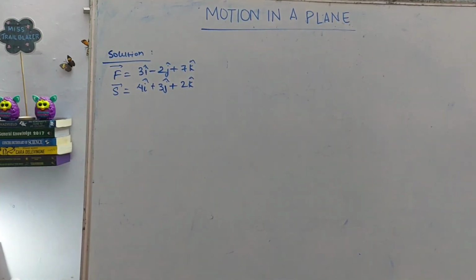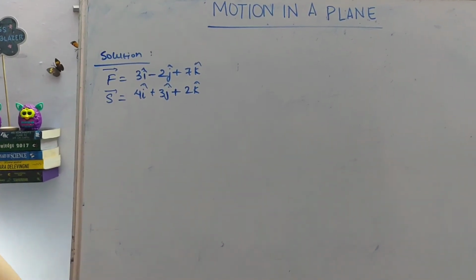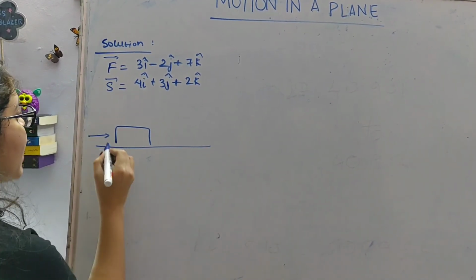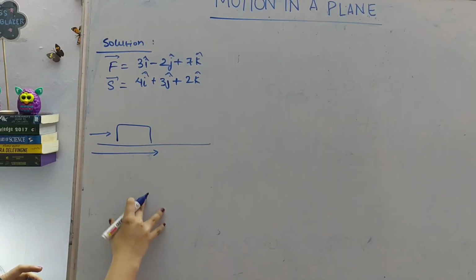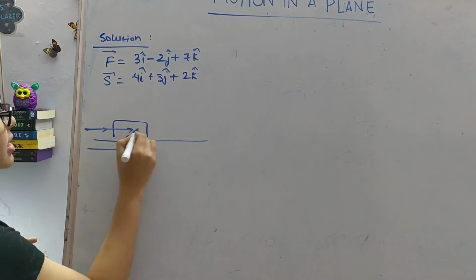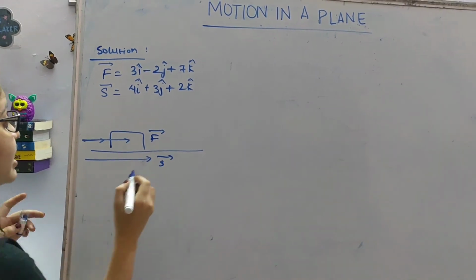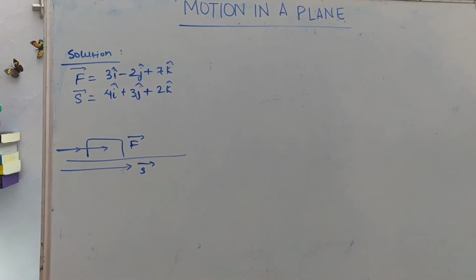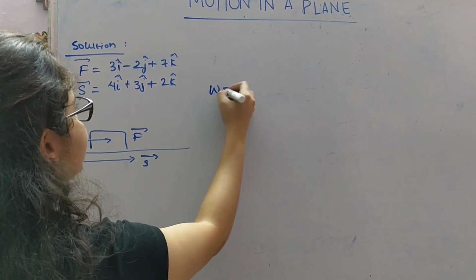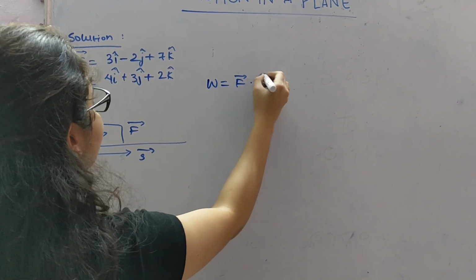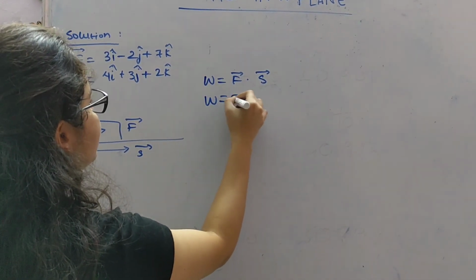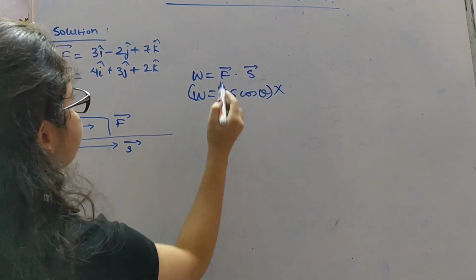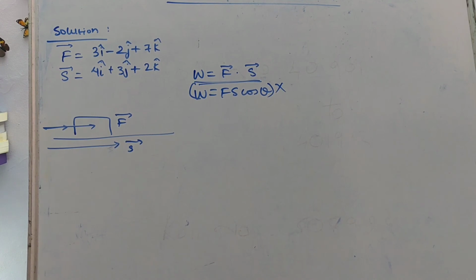Here also there are two approaches. First is the logical approach, which is when you apply force to any object and the displacement is also taking place, it is usually parallel. So force is applied like this and the displacement takes place like this. So you must be thinking that is dot product. You're absolutely right. According to the formula as well, work is equal to force dot displacement, or work is equal to Fs cos theta. Since the angle is not given here, we cannot use this formula, we will be using the standard calculations.